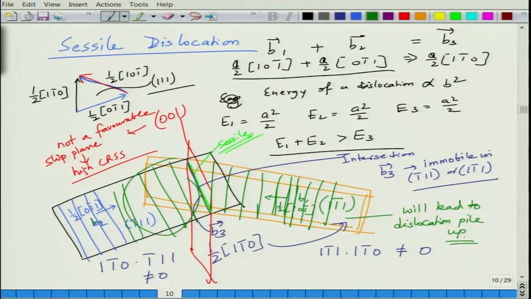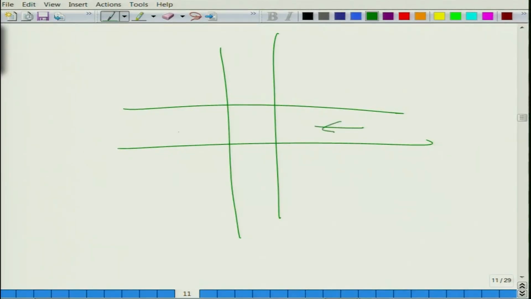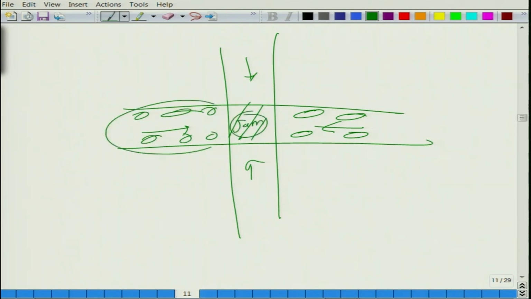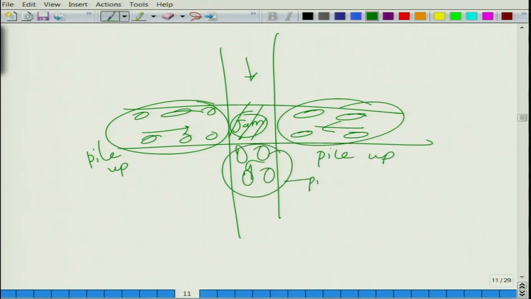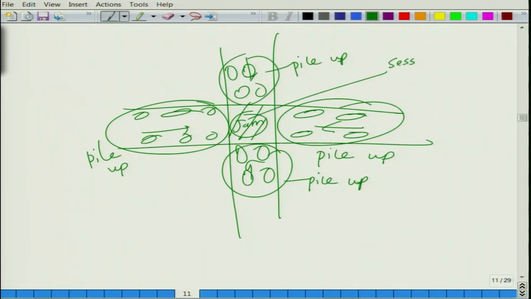So, as you have seen, at intersections, when some vehicles go and other vehicles are not able to move, then anything that comes from the other directions, this is like the typical intersection, piles up. If you have vehicles coming from this direction, this direction, this direction, and this direction, and if there is a jam here, then all of these basically pile up. This is where you will have pile up, and this is where also we will have pile up. So, basically this is what is a sessile dislocation,